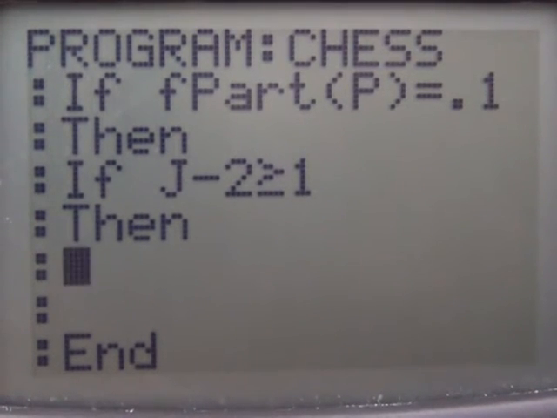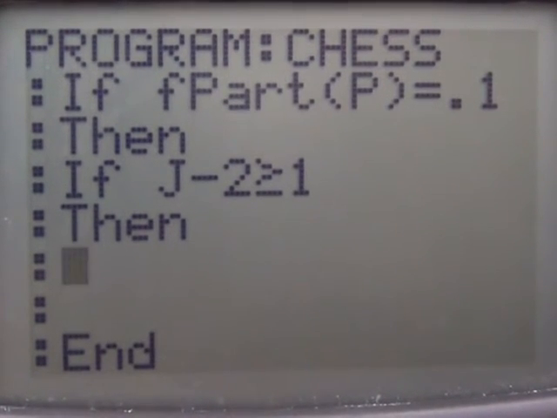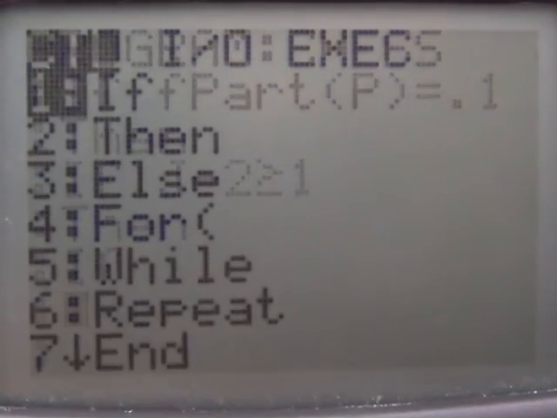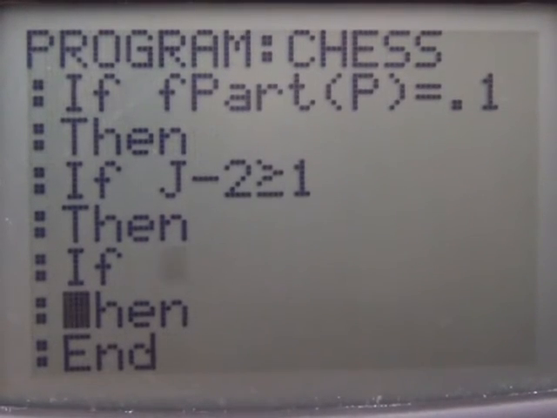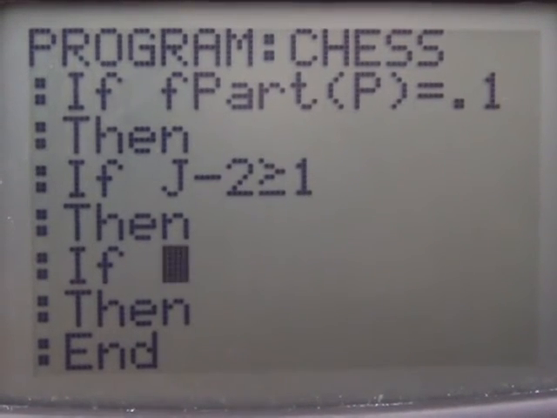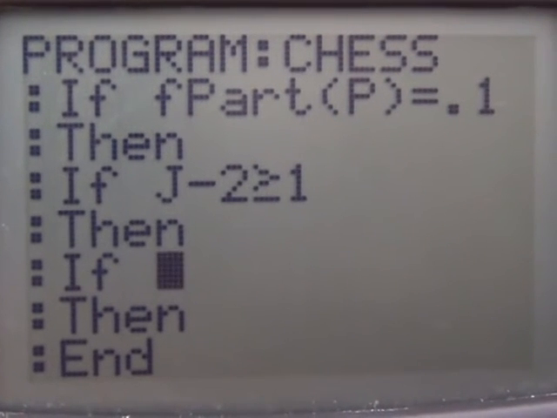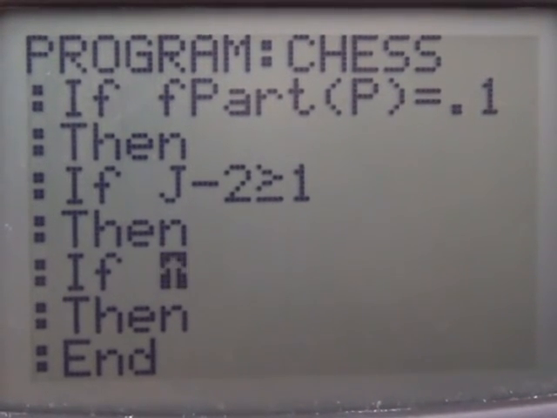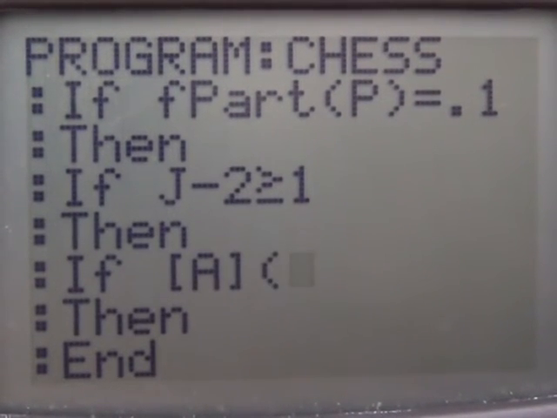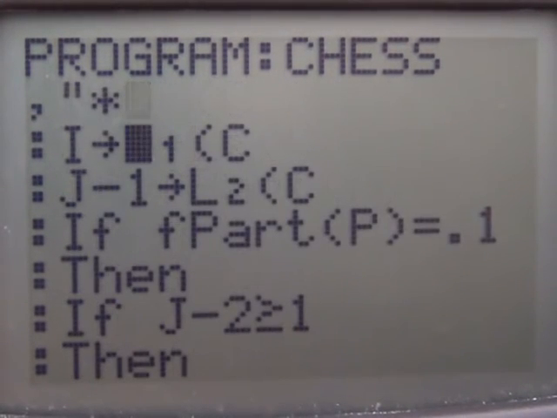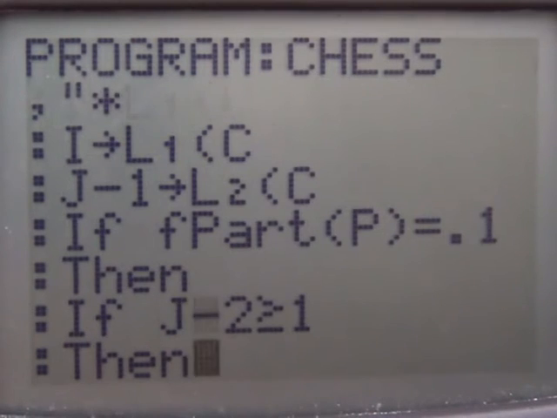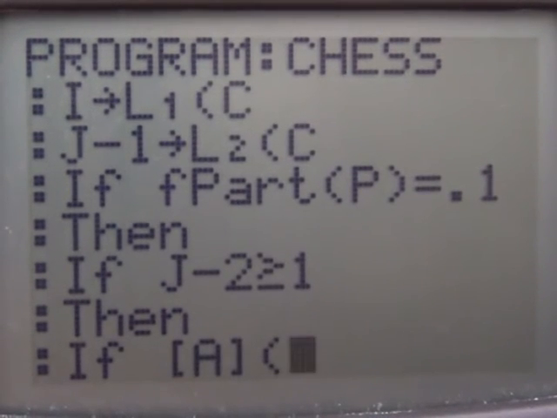So if j minus 2 is greater than or equal to 1, then we know that we can test whether matrix A, let's see here, j minus 2